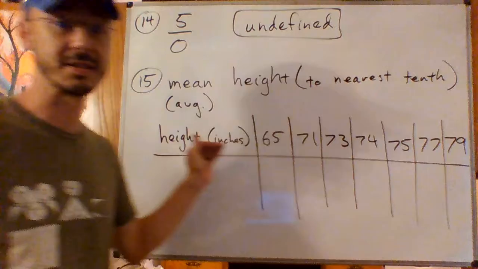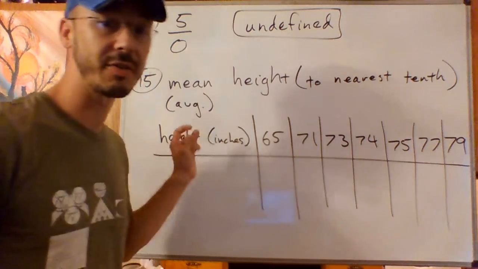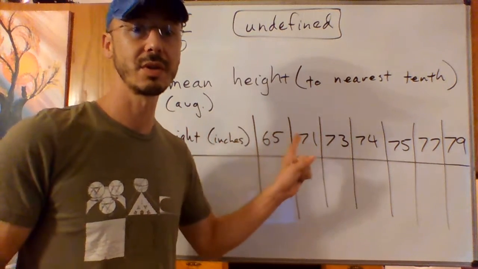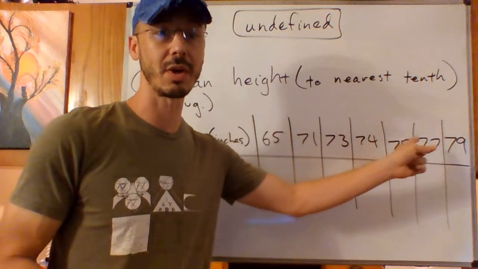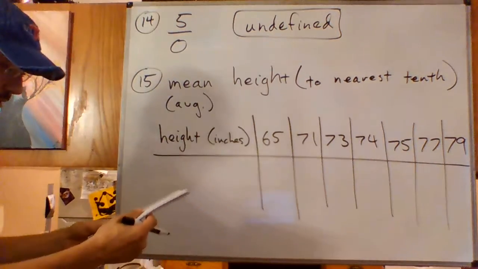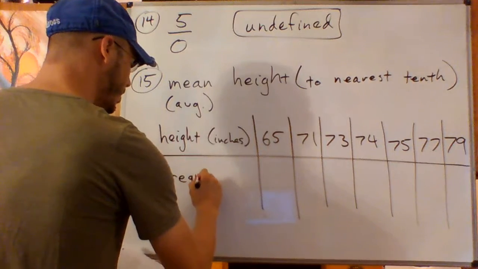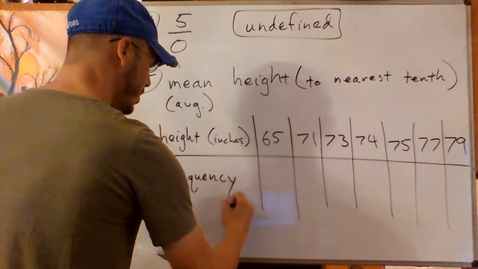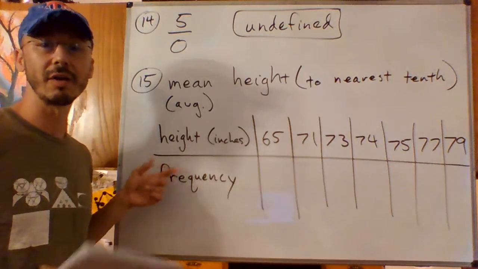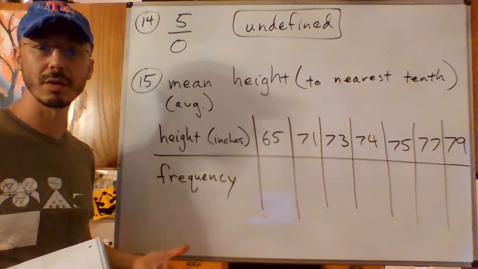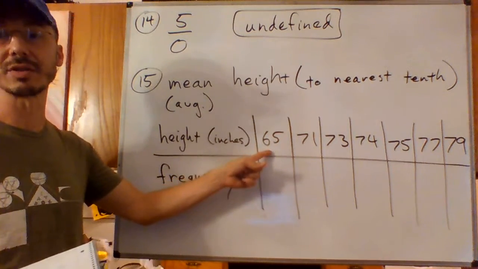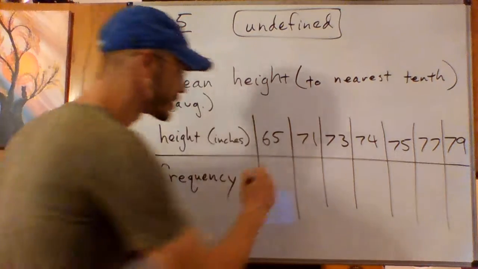Okay, those are heights. Now, I don't just have those individual numbers, though. In this next row are given the frequency, which means how many of the people in the group are 65 inches tall. In this case, it's two